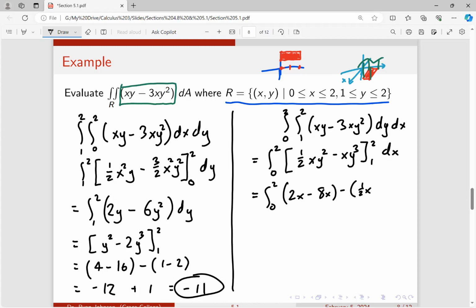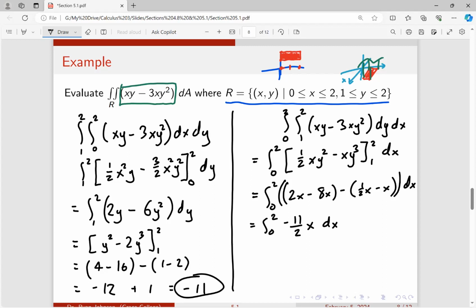I plug in for 1 here, minus x. And then I still have the dx. Let's simplify that. So then I have -6x, but then minus this thing. This is basically minus a -1/2, which is plus 1/2. So -6 plus 1/2 would be